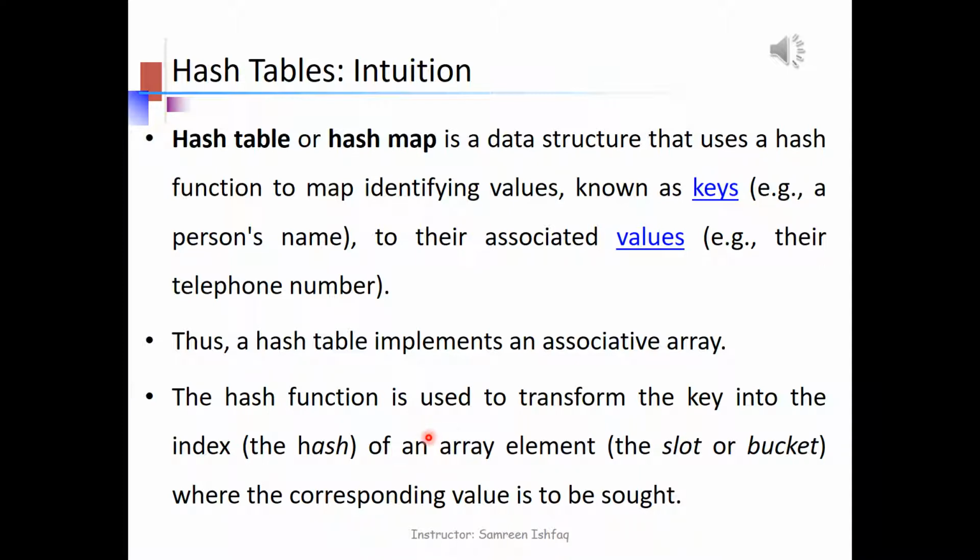A hash table uses hash techniques or a hash function to generate an index where an element is to be inserted or is to be located from. That's why it becomes a data structure in which insertion and search operations are very fast, irrespective of the size of the data.